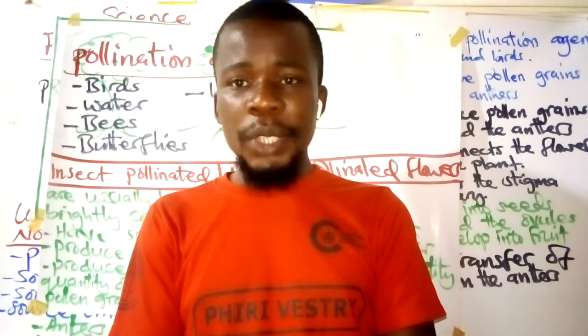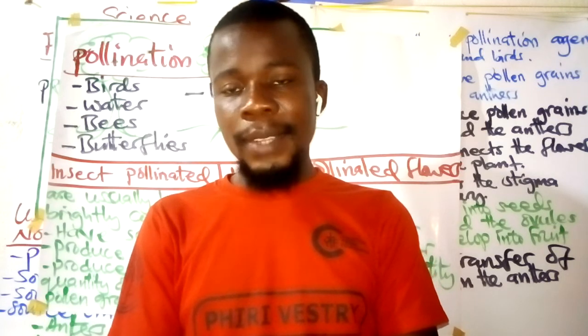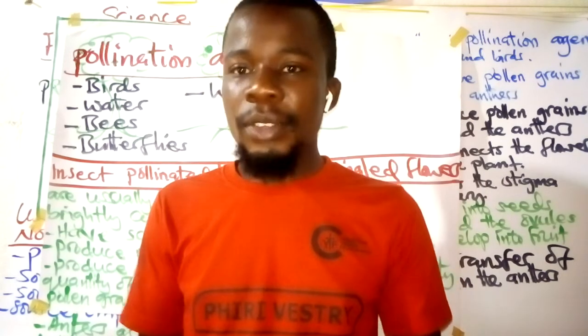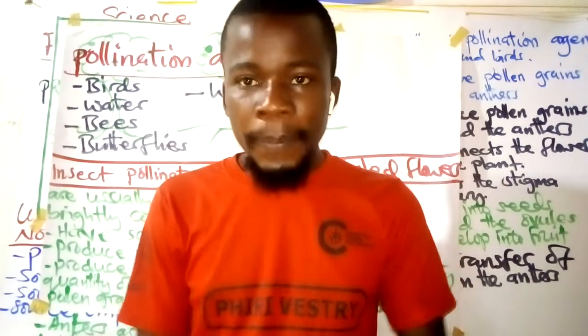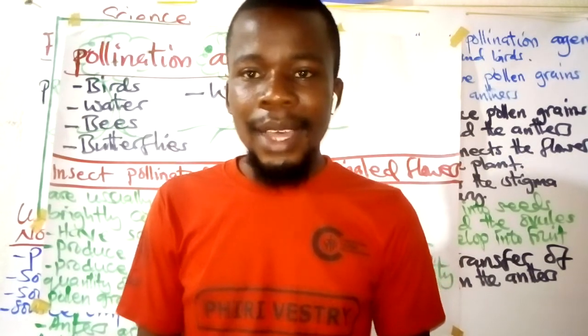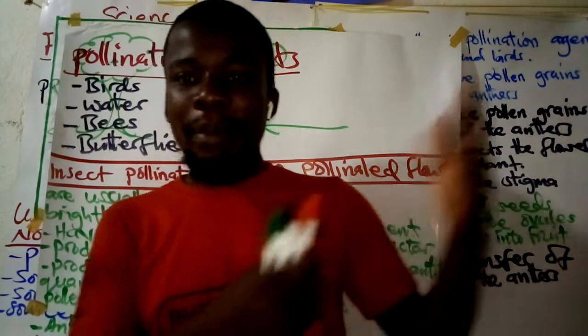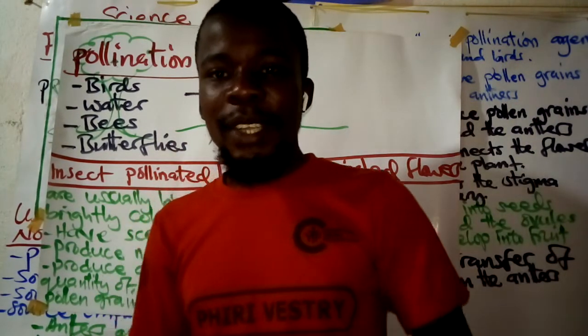We discussed the uses of the flowering and non-flowering plants. Source of employment, source of income, source of food, source of raw materials, source of furniture, and so many other things. And then we discussed the structure of a flower, whereby we're labeling the parts of a flower, such as the petal, and the function of the petal is to produce